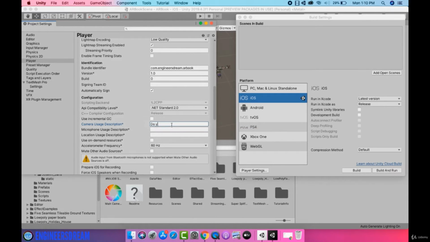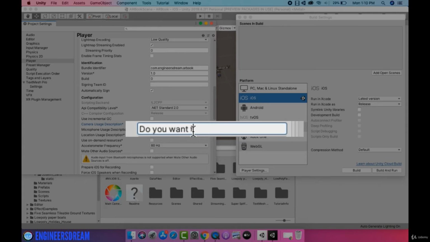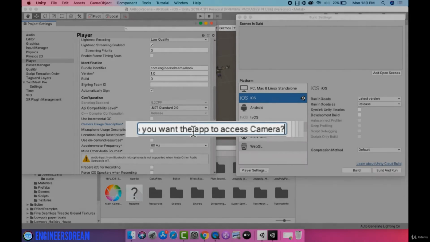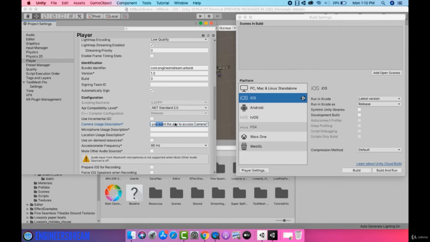So over here, I'll type, do you want the app to access camera with a question mark. This is the text which will be displayed inside the permission pop-up. If you click on the agree button, then the smartphone will give permission to the app to access the device camera. If you decline it, then this app won't be able to access the camera from your smartphone.